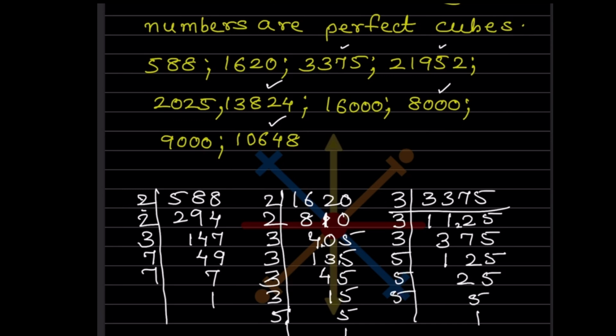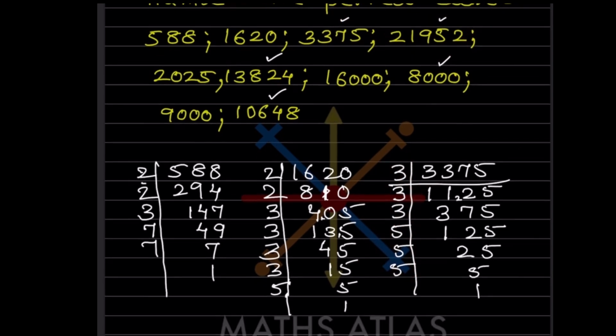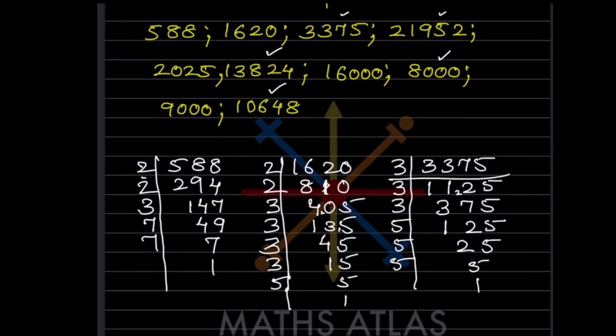So now what you can see here, there are three numbers, means 3 numbers are in pairs. This also is in pair, this 3 numbers and this also 3 numbers. So this is a perfect cube. Now let us see for this number. Whatever I put a white tick, all of those are the perfect cubes.